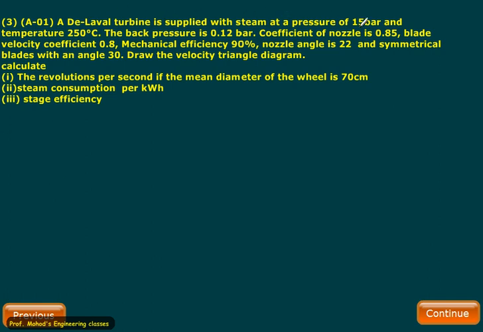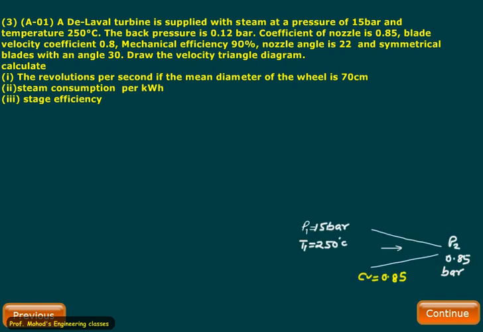It is mentioned something like this: a De Laval turbine is supplied with steam at a pressure of 15 bar and a temperature of 250 degrees Celsius. So the nozzle is operating from a supply condition of 15 bar and 250 degrees Celsius, which is superheated steam, and the back pressure is given as 0.85 bar and the coefficient of velocity is given as 0.85. Remember, the nozzle efficiency eta n is Cv squared, that is the velocity coefficient squared,